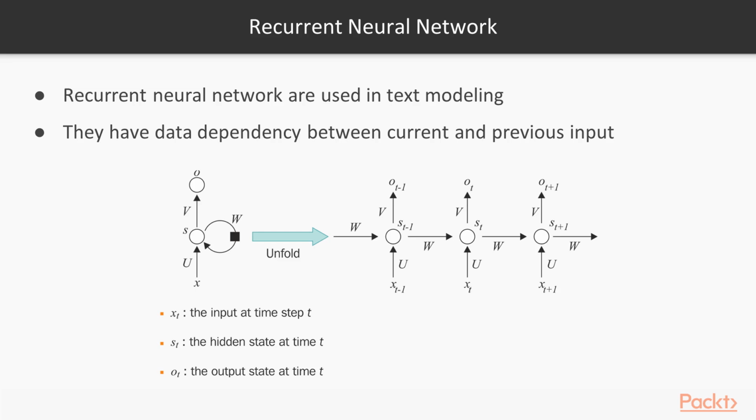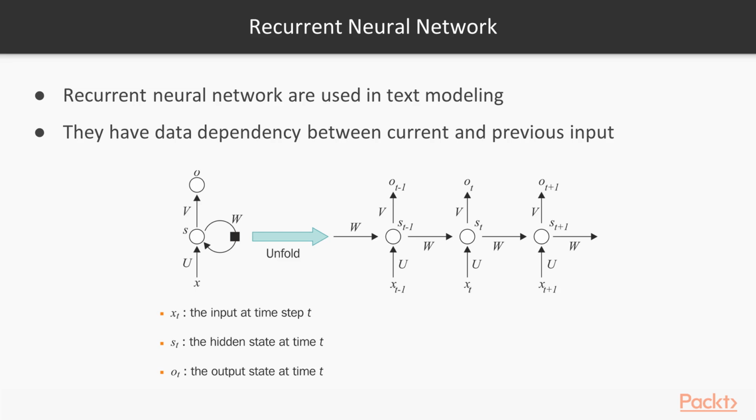So below is the pictorial representation of an RNN. What you see here on the left hand side is supposed to represent an RNN in general. And this on the right hand side is the detailed pictorial representation when you unfold an RNN. Now first let's concentrate on the basic representation. As you see here, we have an input represented by X, S will be our hidden state, and O